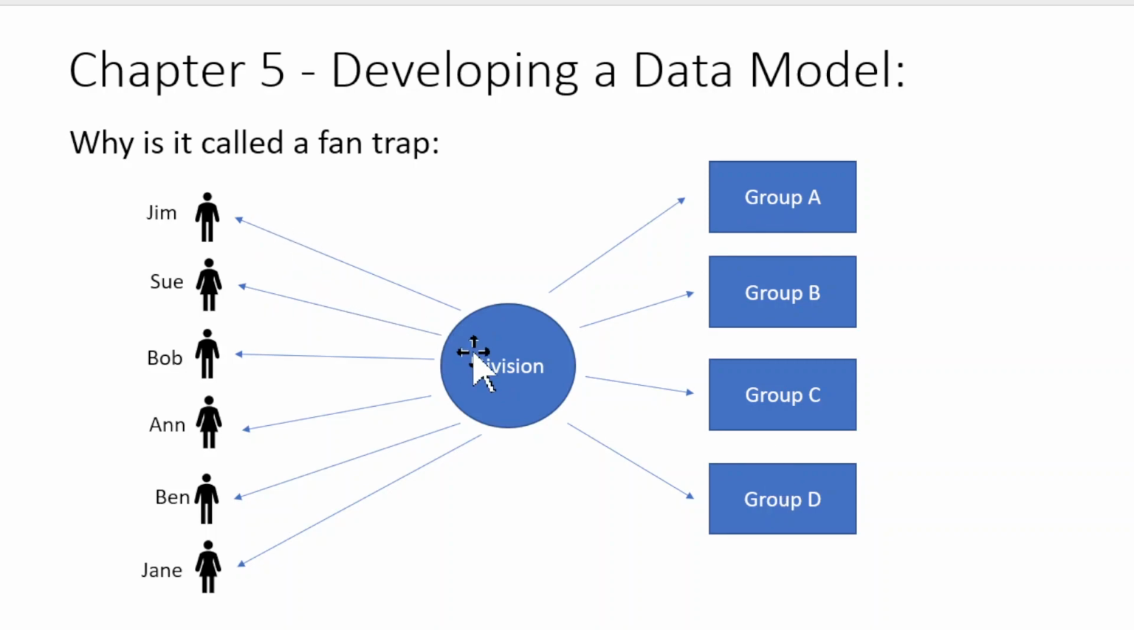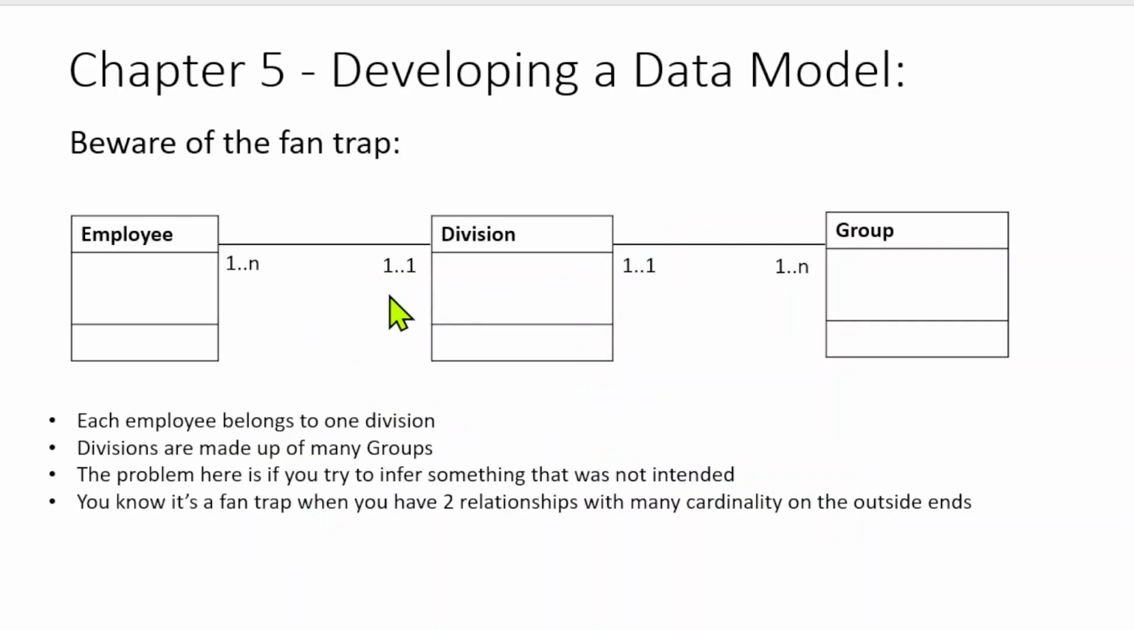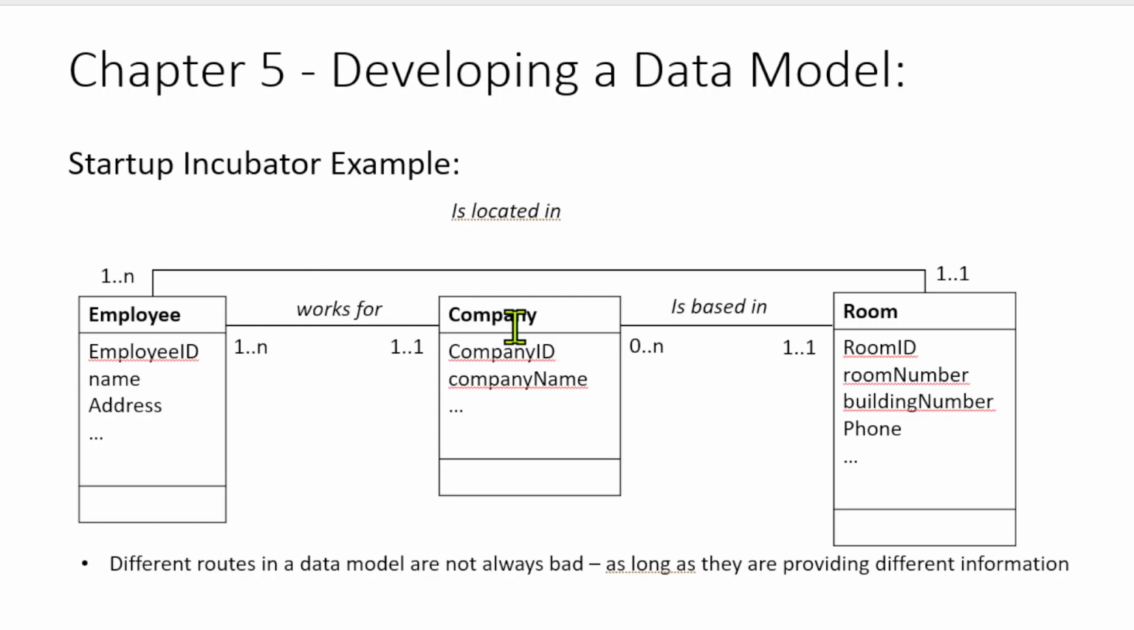So Jim belongs to Division 1, but we have no idea what group he could belong to from this. There's no way to know which group Ann belongs to from this. There's no way to infer any of this. So as you can see, the way this is set up, I can't infer the group based on this division. As opposed to when we went up here, you notice we didn't have the one-to-many on the outside. We had